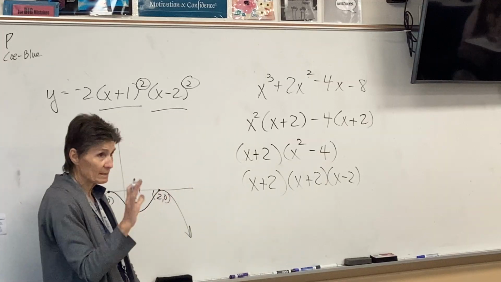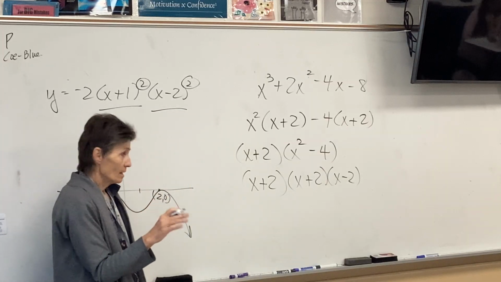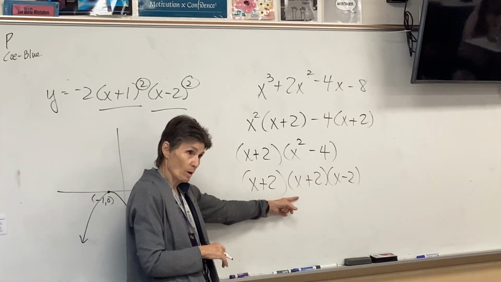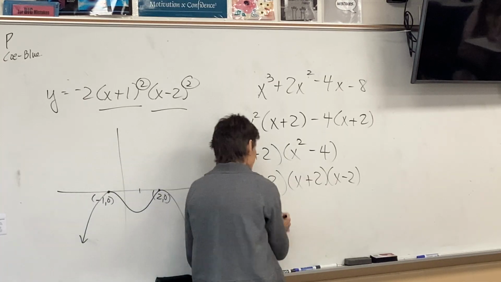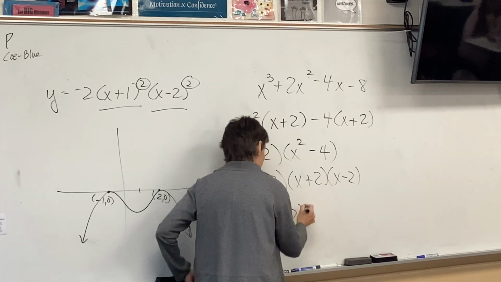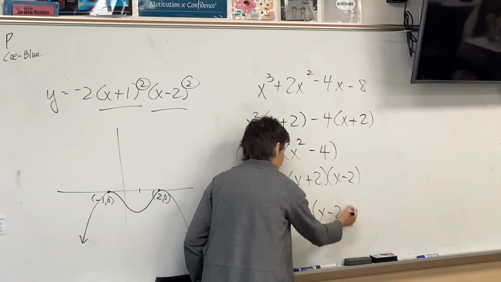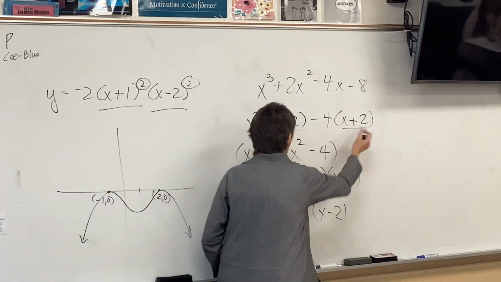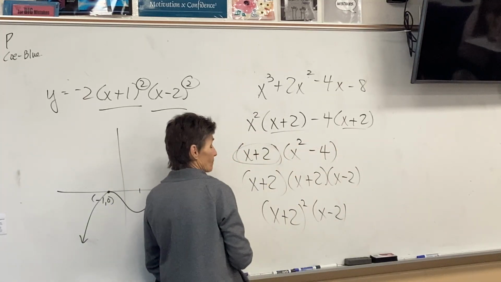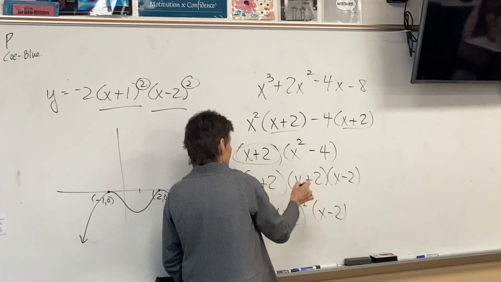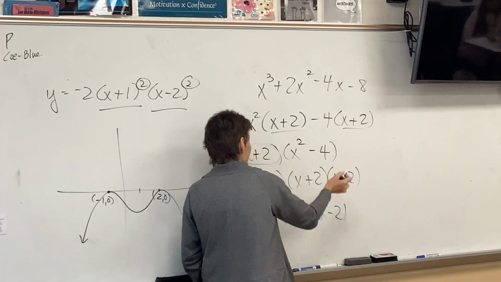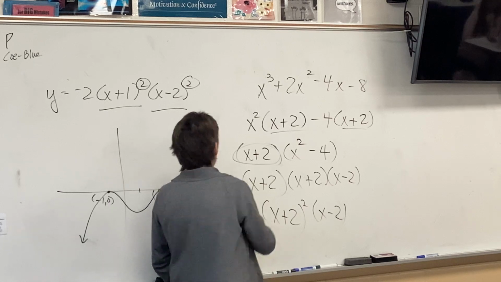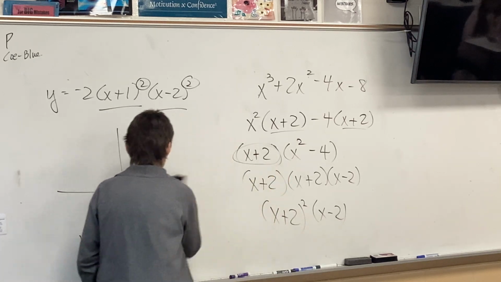But wait a minute, I've got to keep my eyes open here. I already had an x plus 2. Now I've got another one. So isn't that like having a squared? So the first x plus 2 is my common factor. The second x plus 2 came out of factoring that guy. So that means I'm going to have